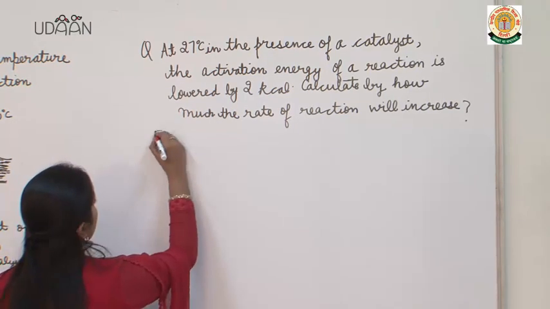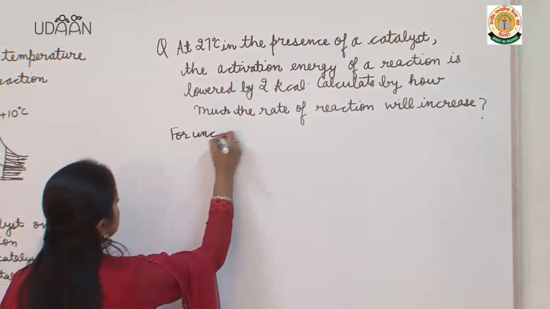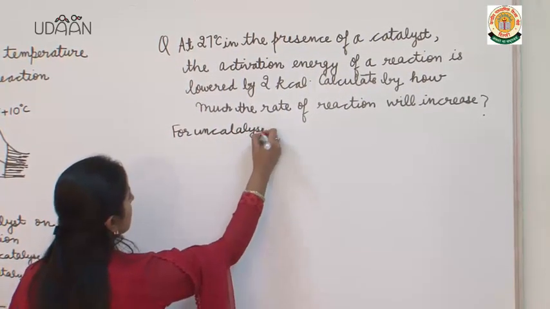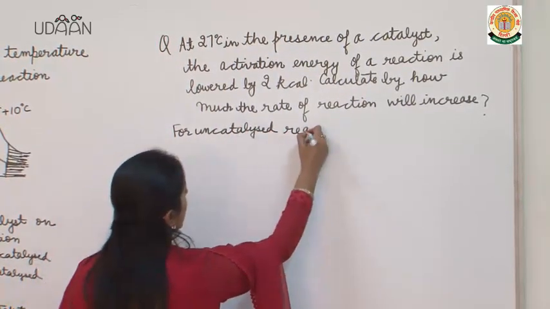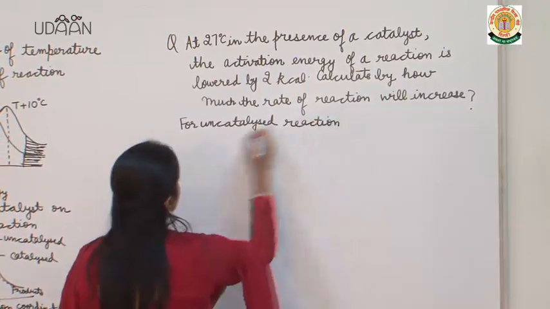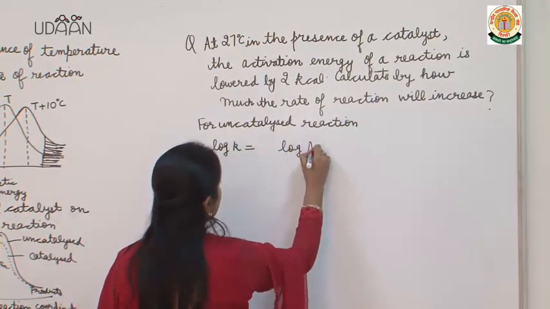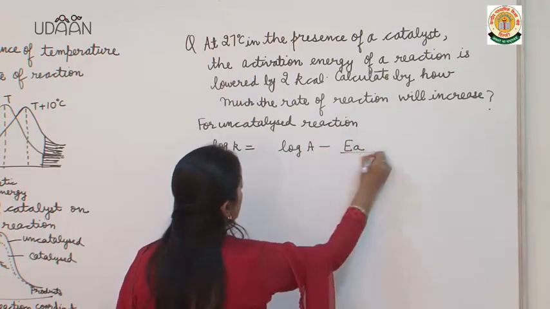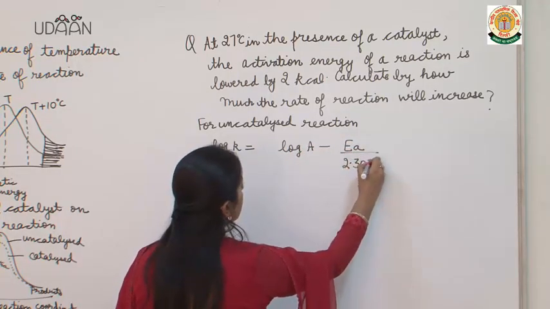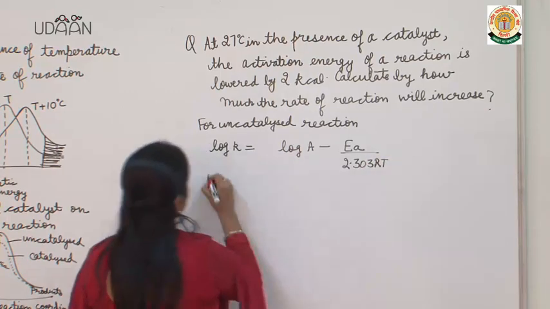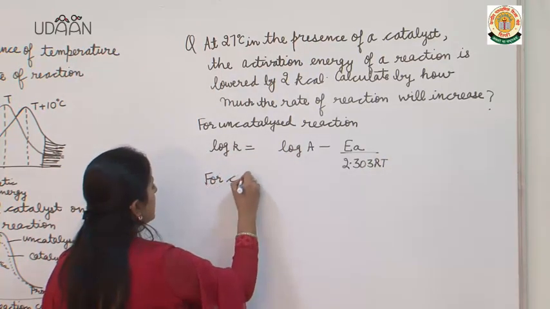Now for uncatalyzed reaction, I will write that log K is equal to log A minus Ea upon 2.303 RT. But now for catalyzed reaction,